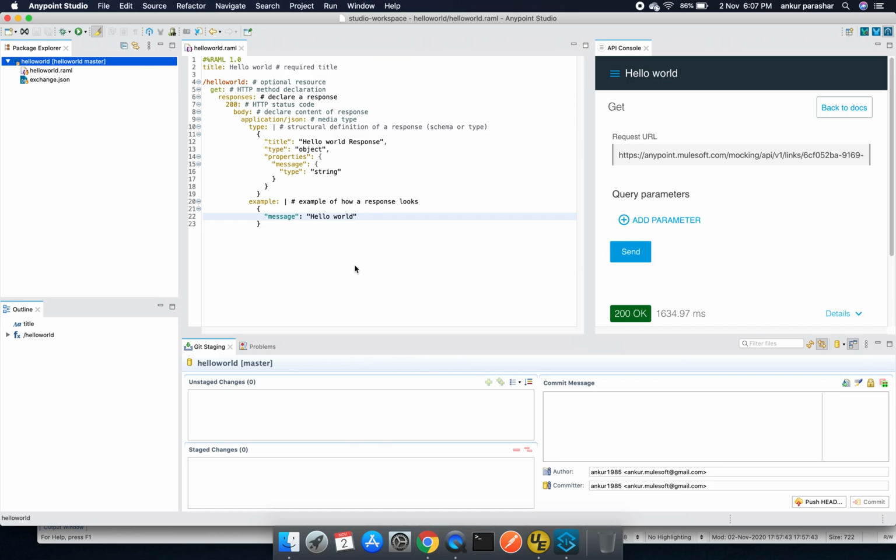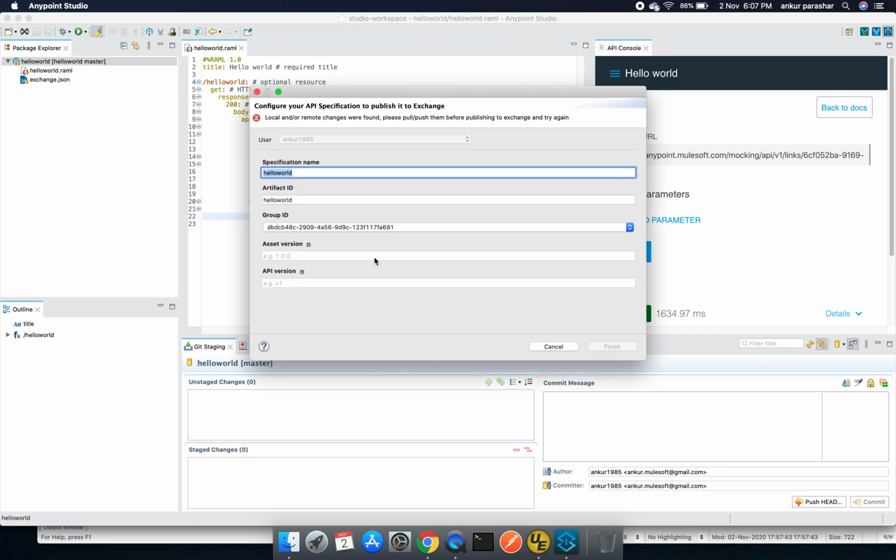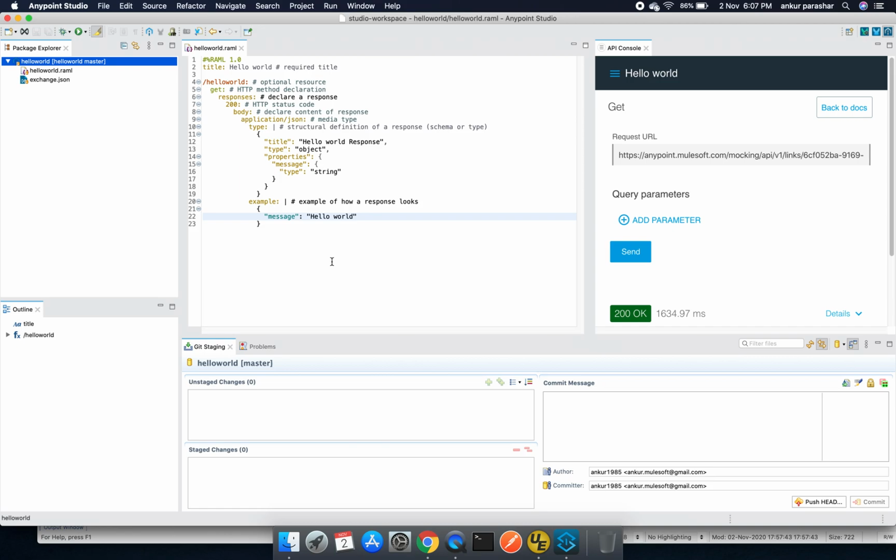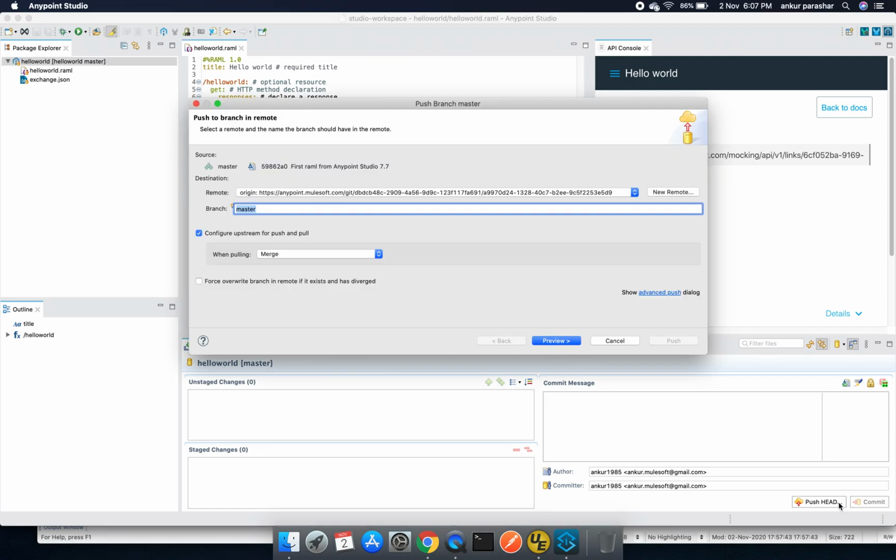It takes a couple of seconds to load. Everything is fine. It is saying something is out of sync, so let's push it one more time.